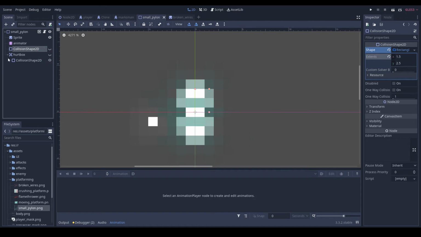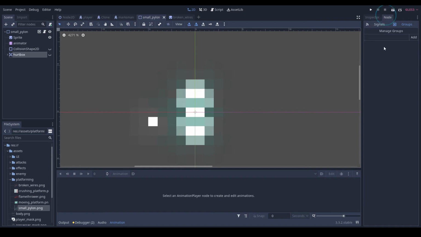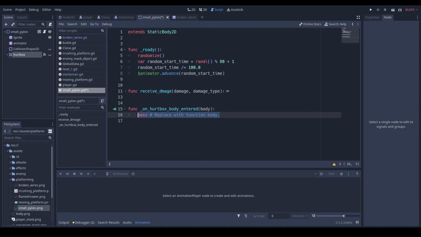Yeah, so we can hide both of these, and this will detect the player, which we can then do a body entered signal, and then if body dot is in group player, body dot damage, receive damage 1, electrical, and I spelled that receive damage. Okay, so then